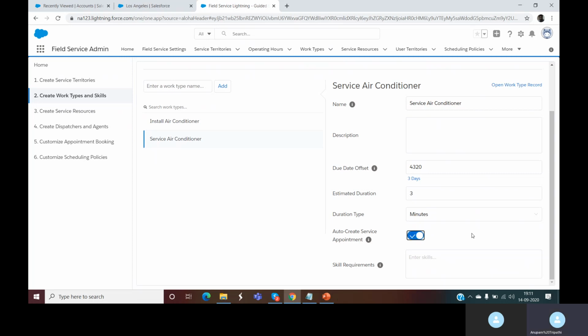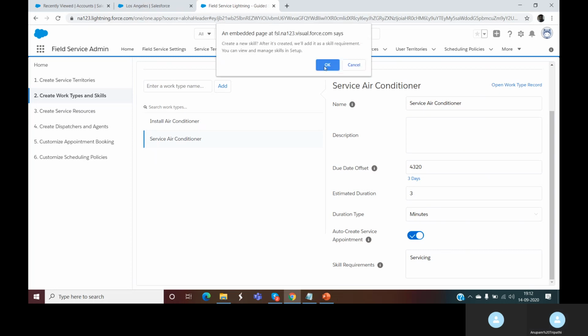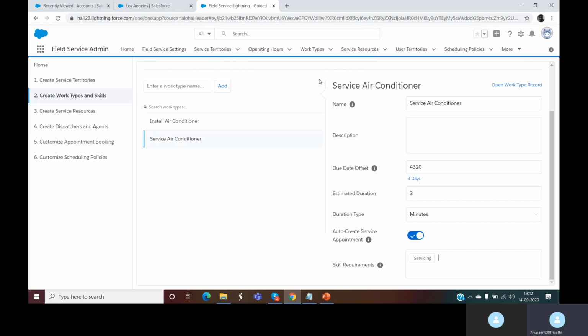I also check auto create service appointments and skills requirements. As we have not created any skills for the servicing, we'll create one. Once we enter this servicing, it asks whether you want to create a new skill, and I said okay. So it will create a new skill for me.